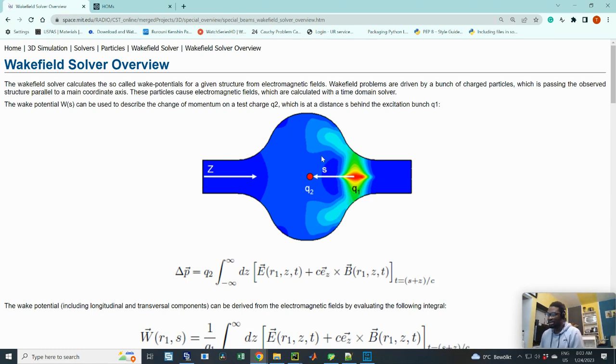Now we are still dealing with accelerating cavities, or accelerator cavities, whichever. The whole concept of accelerating cavities is to accelerate particles. But then something happens when you move a charged particle or a beam through such structures. As you can see, I hope my mouse movement is visible, going in circles around the cavity. It so happens that when you have charged particles or beams of particles moving through an accelerating structure,